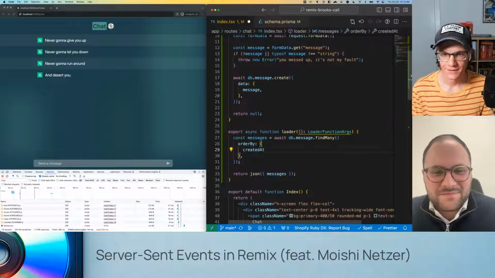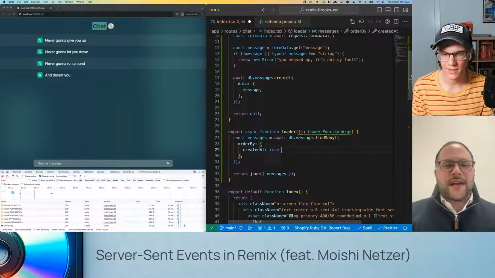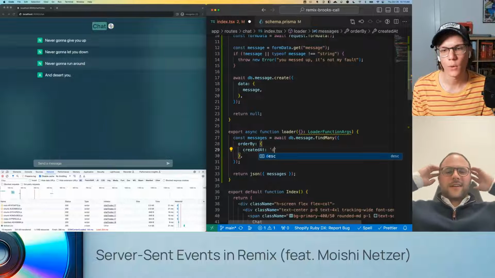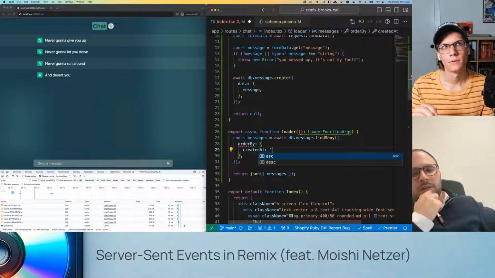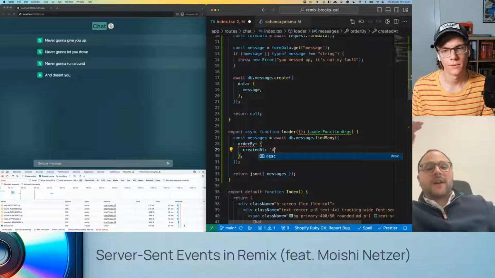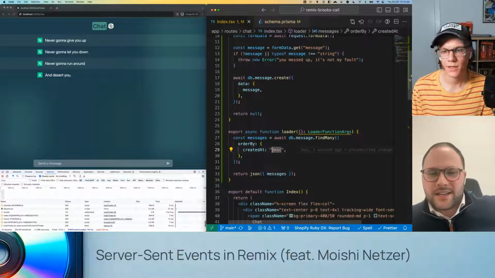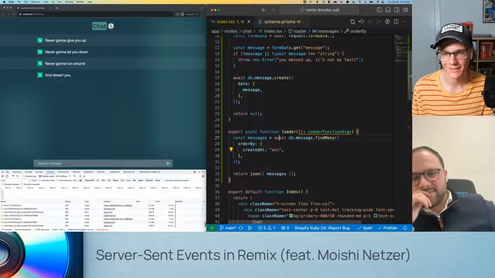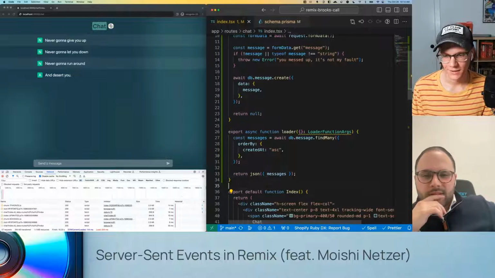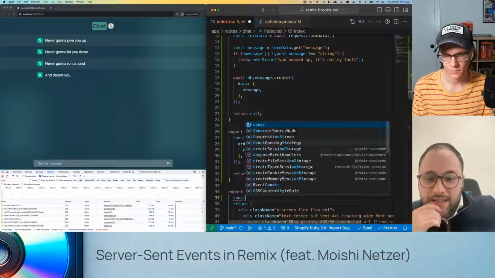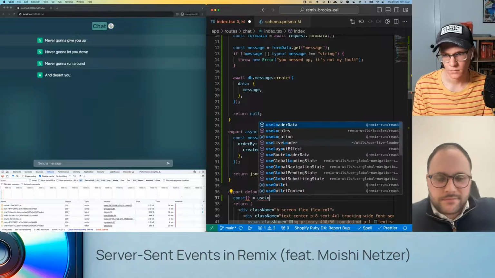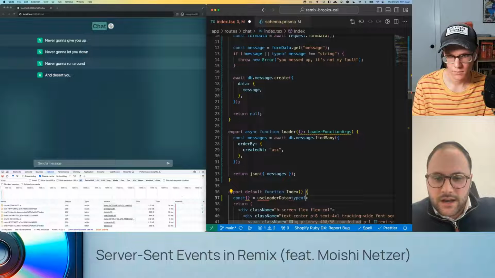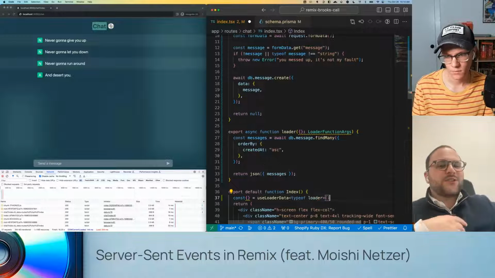Now let's see, createdAt. I always forget if it's ascending or descending. Right, so do we want to do the earliest one first? I think so. So we want small then bigger, so it's ascending. See, I always spelled that wrong. Okay, sounds right. All right, cool. And we're returning that. Now let's get it using useLoaderData. Yep, nice. Send them through the loader.